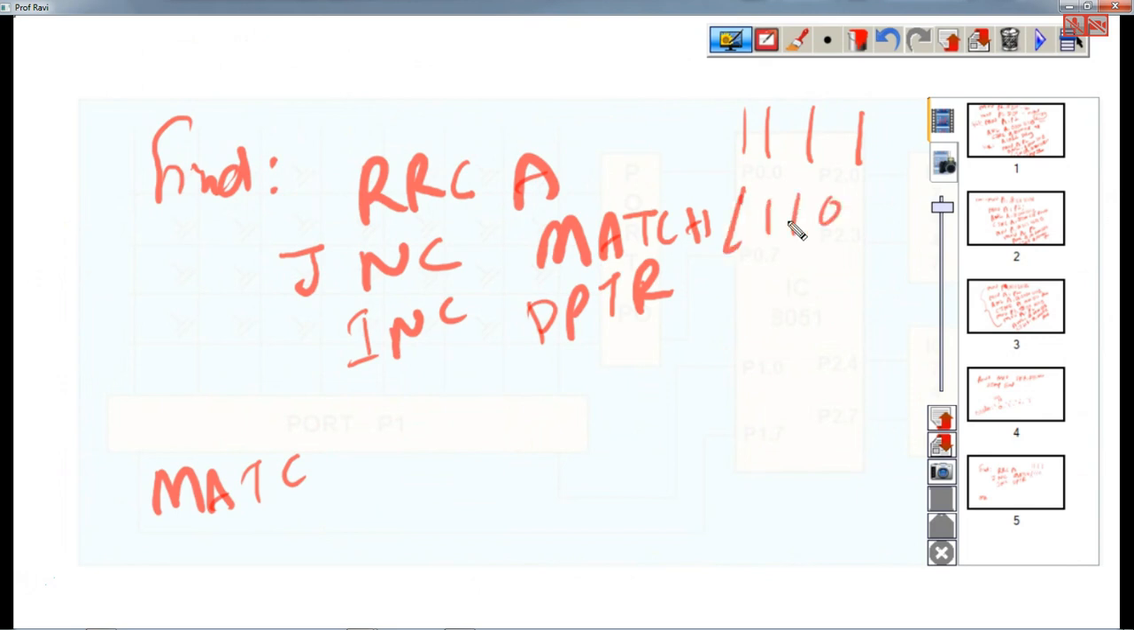1110. If this is the case, then you are rotating it right. So when you are rotating it right, it means the key in the first column, the column D0 column, is pressed. Then that is a match, right? If not, then what you do is increment the data pointer. So the data pointer will be pointing out